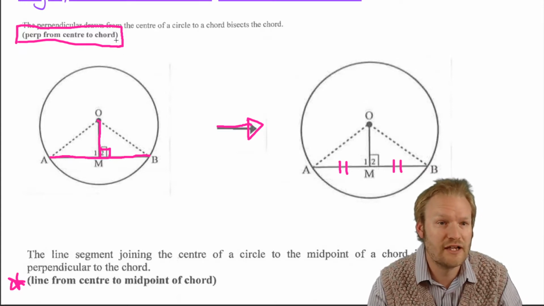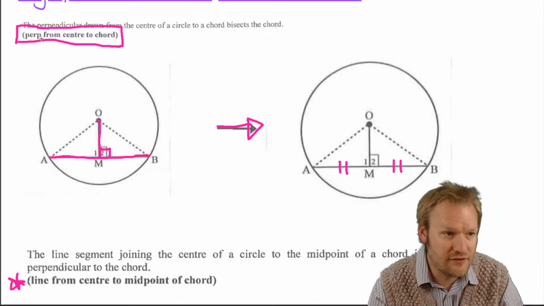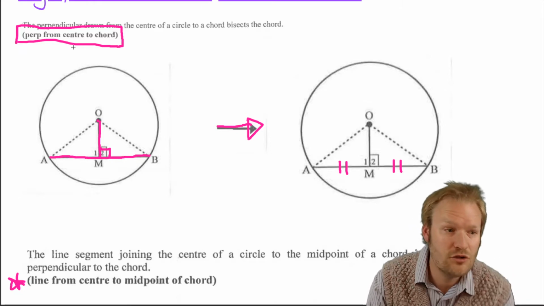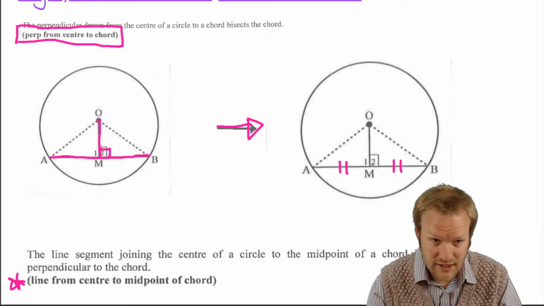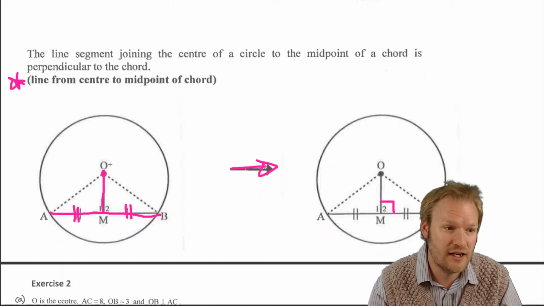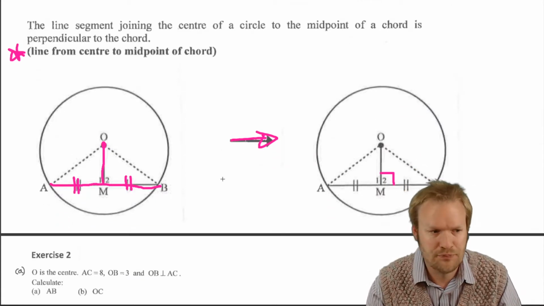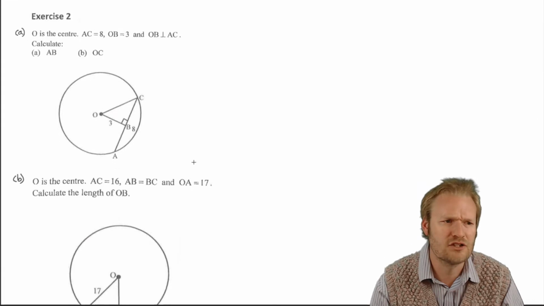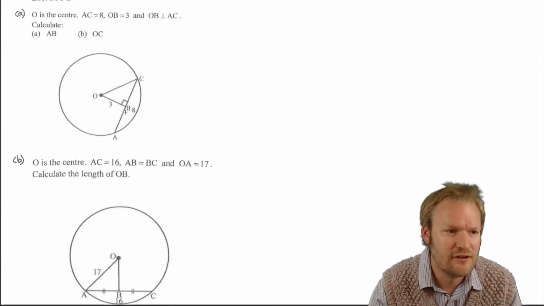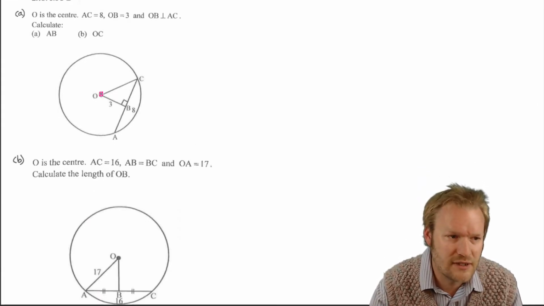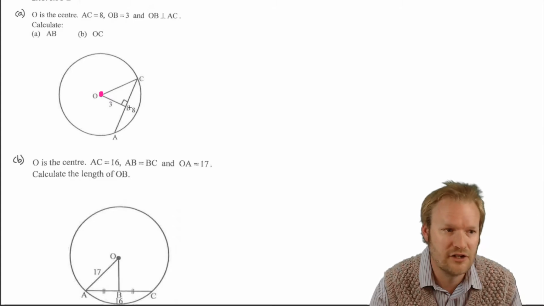Remember, the reason relates to what you're given. So are you given that it's perpendicular from center to chord, in which case it's equal, or are you given that the line goes from the center to the midpoint, in which case it's perpendicular. So as two quick examples of how they might be used, if you're given this from the center and you're given that 90 degrees, well,